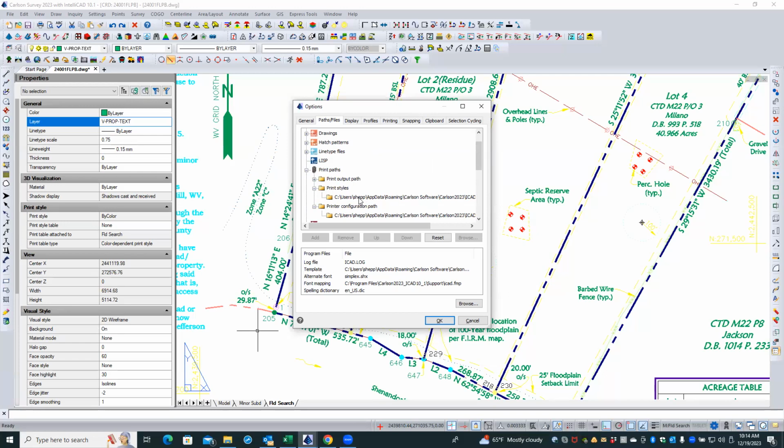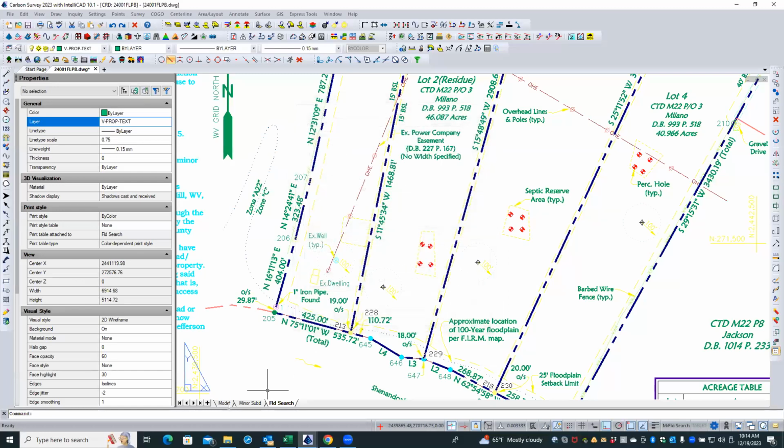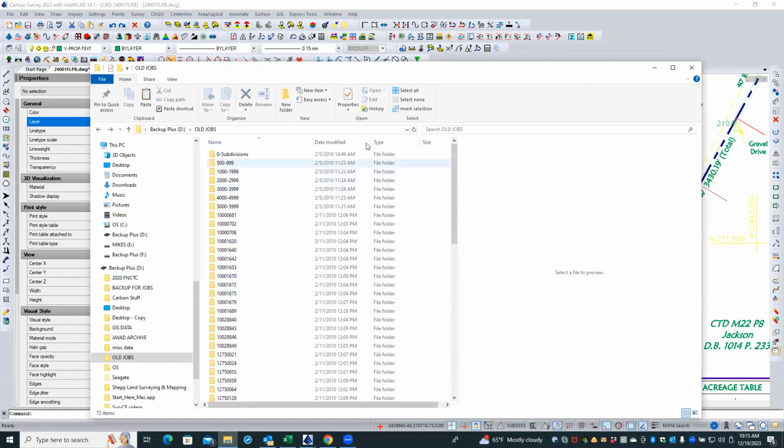Users, yep, app data, roaming, Carlson, okay. So I need to go to,